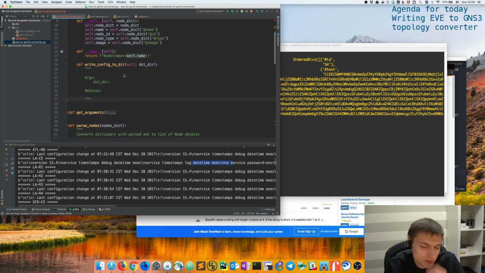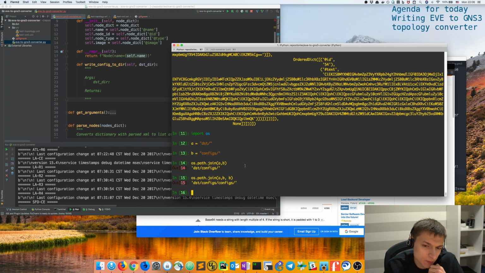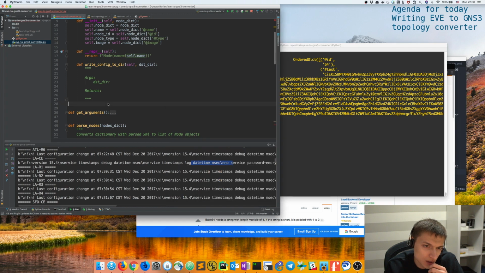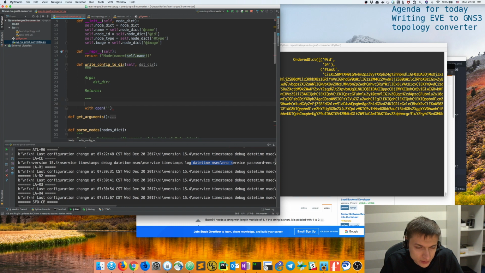So I need to have the destination directory, and then I want to join them with the file name. Okay. So I'm going to open the file for binary. So I'm going to do open, and here let's do path equal to os.path.join, destination directory, and then the file name will be